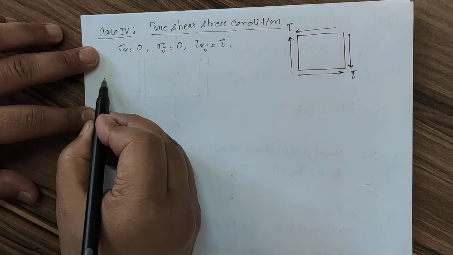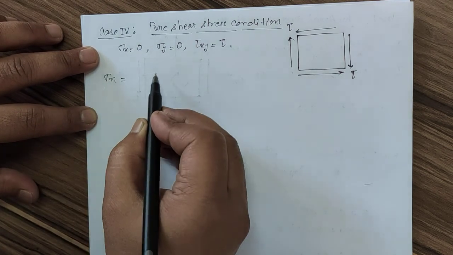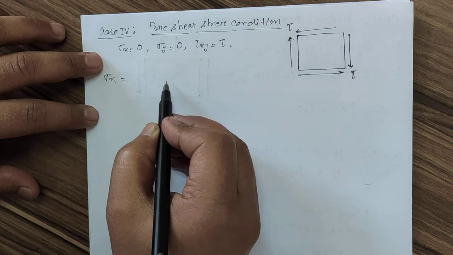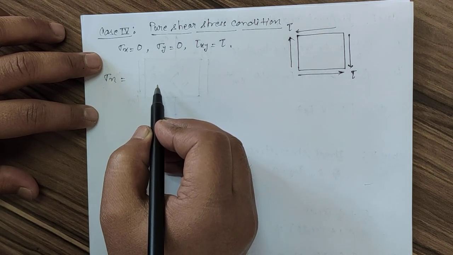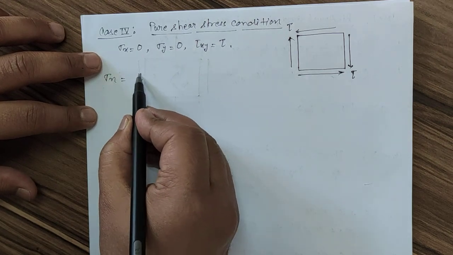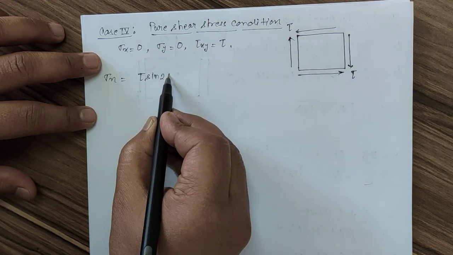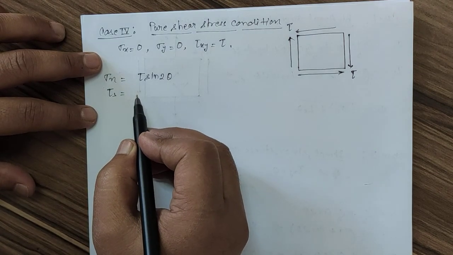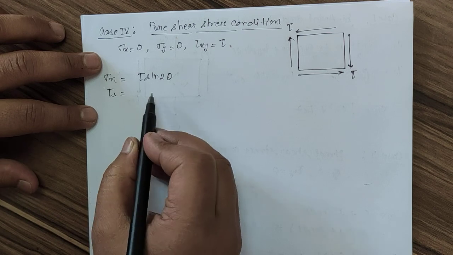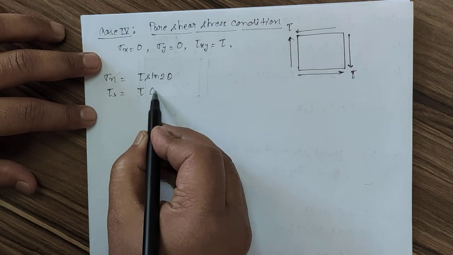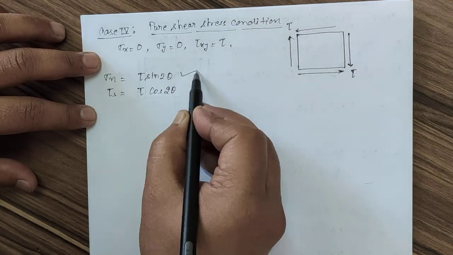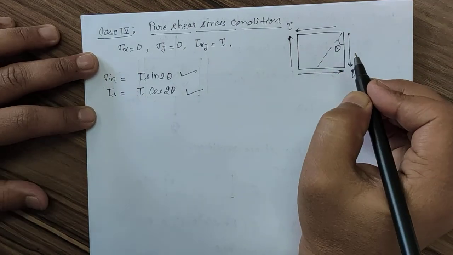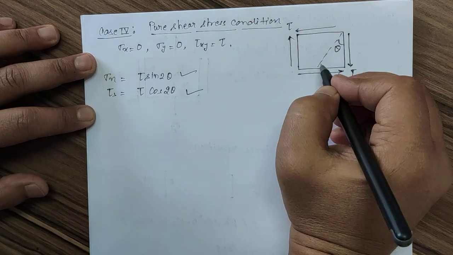Now putting values in the generalized formula for sigma n, we have sigma x plus sigma y by 2, that is 0, sigma x minus sigma y by 2 cos 2 theta, that is 0. Finally we are having tau sin 2 theta. Then for shear stress, minus sigma x minus sigma y by 2 sin 2 theta, that is 0, and we are having tau cos 2 theta. So this is the value of normal stress and shear stress on a particular plane.